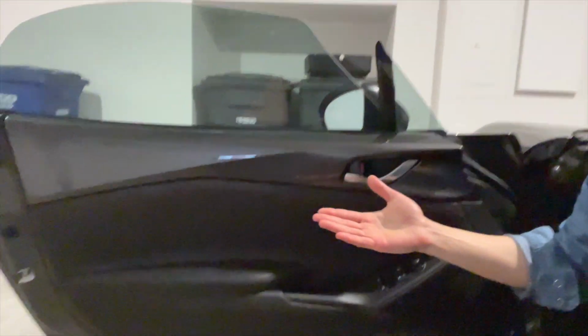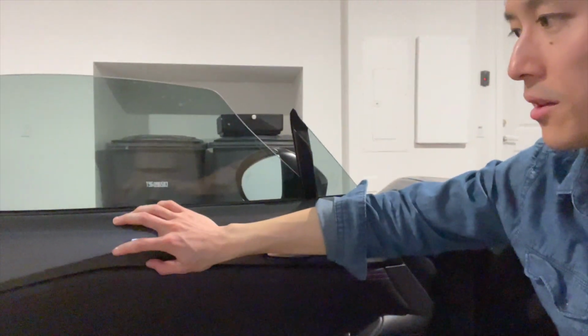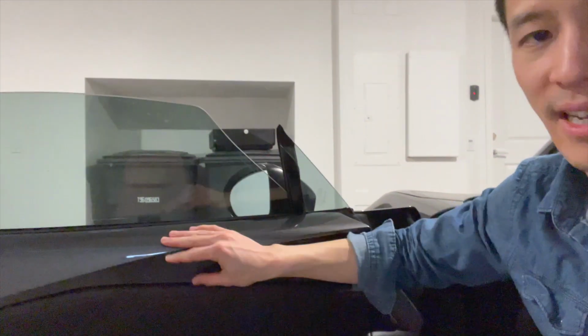Now, you can't really tell because this is all gray and black, but this piece is actually color matched to the outside of the car. So this is painted machine gray metallic. And if you have a red Miata, this piece is red. If you have a blue one, this is blue, and so on, right? I think that's a really lovely touch, just so that you feel more connected to the color that you chose